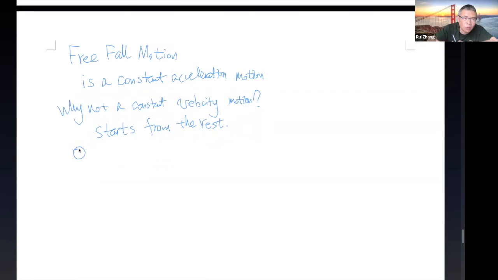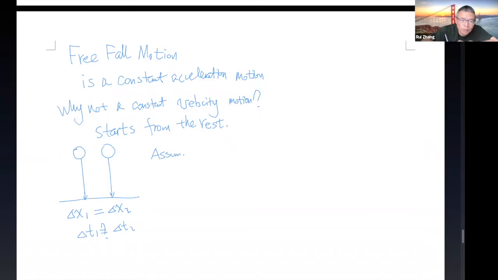So you have 2 balls right here, and they essentially go the same displacement, right? So you have delta x1 and delta x2. These 2 are equal because they start from the same height. Now the question is, are the 2 time changes the same or not? That's the question. So we assume